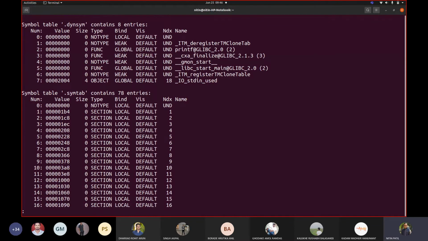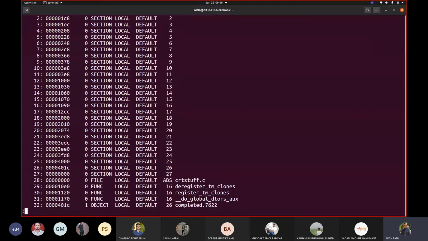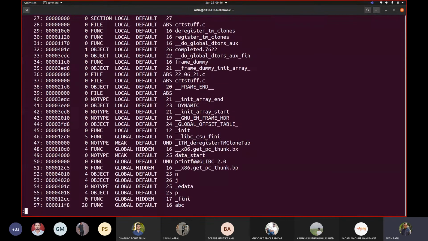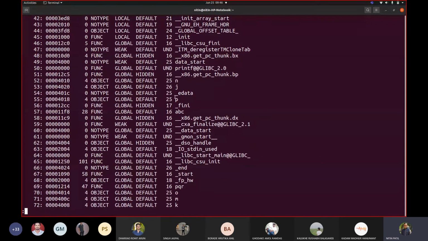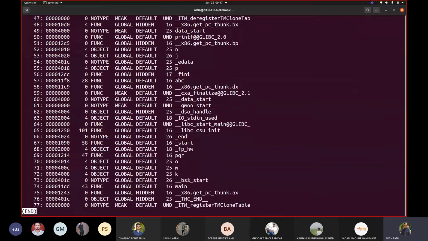Now this is your symbol table, symtab. And then you will see your variables added there. See how big the symbol table is. And these are your elements. Think of this N, J, O, M, K, your main, and so on.